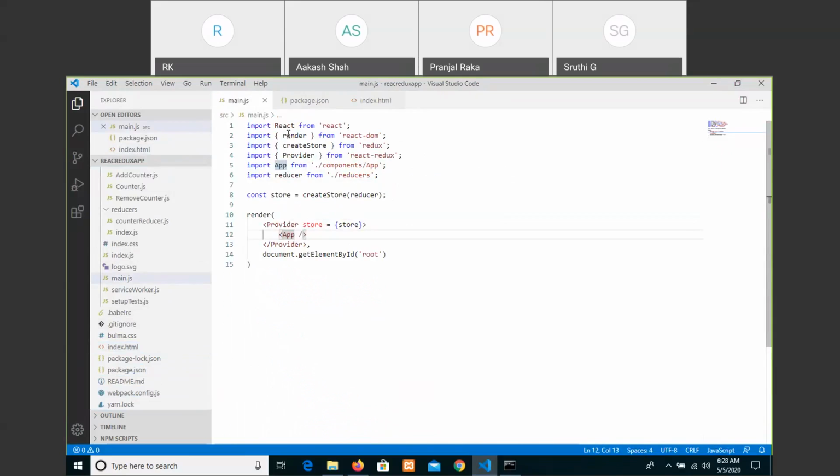React and render from React DOM, we are creating a store and dispatching, and Provider from React, and app and reducers.